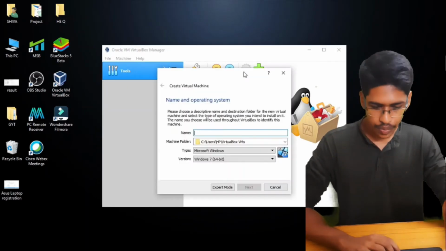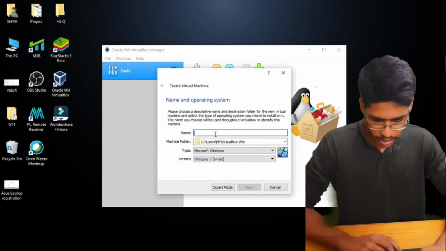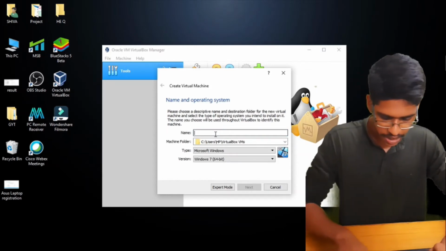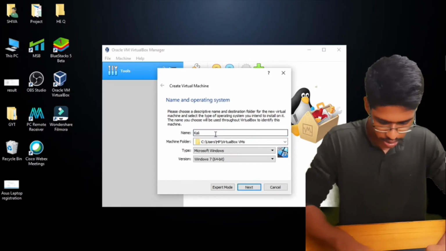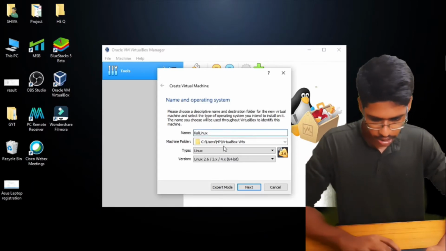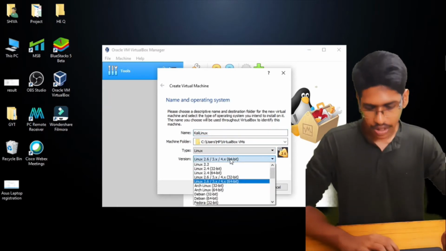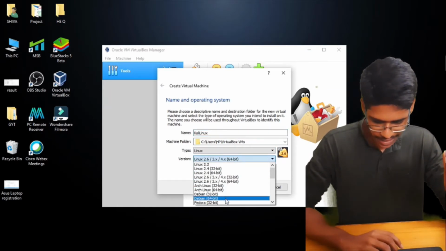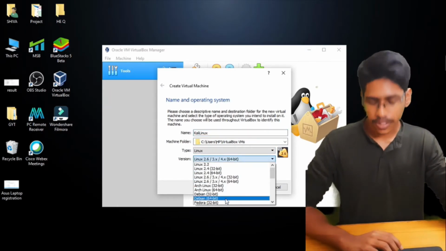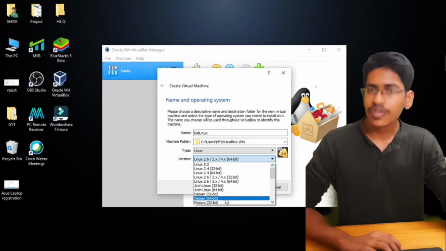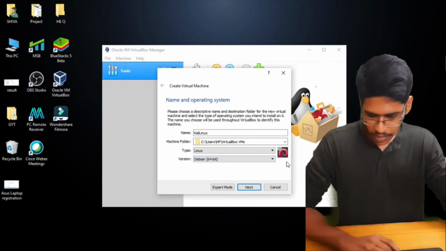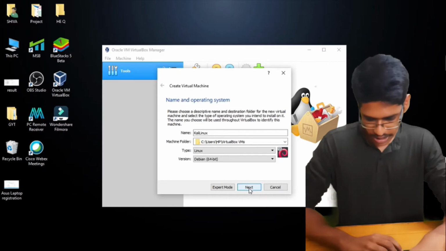So click on New. Name it, I'm just naming it Kali Linux, and the type is Linux, very much right, and the version will be Debian 64, since I'm using a 64-bit laptop. You can recognize the logo changes there.